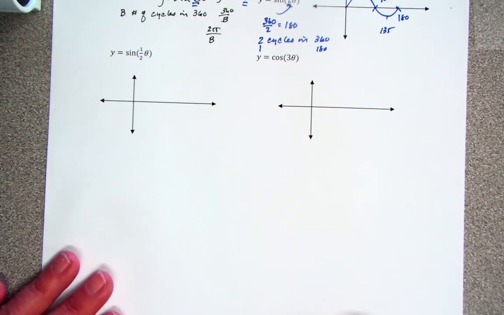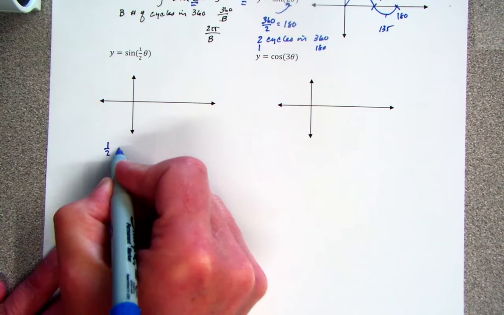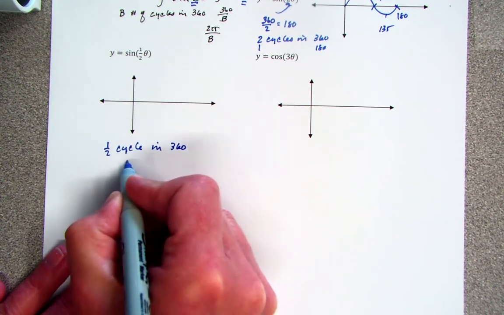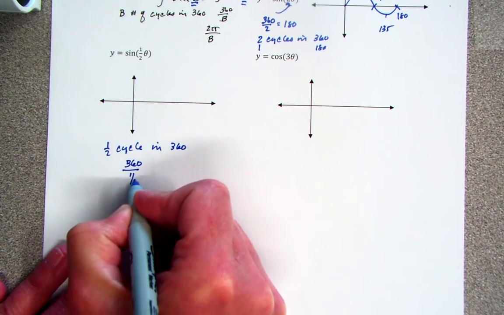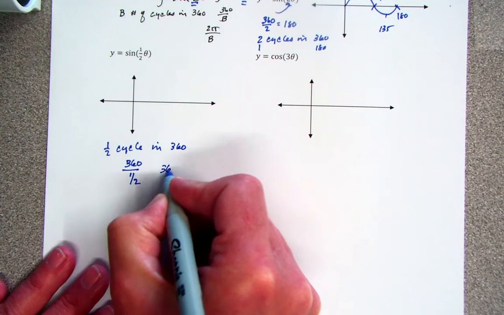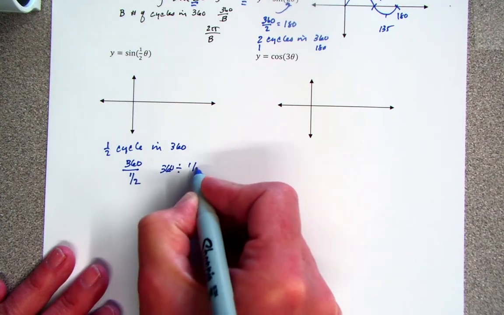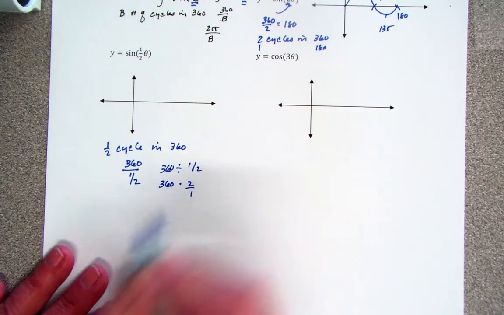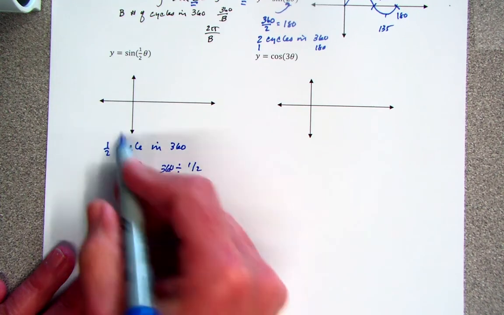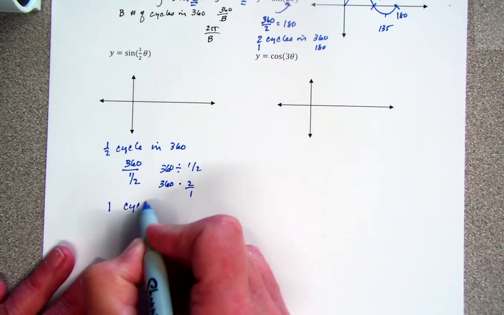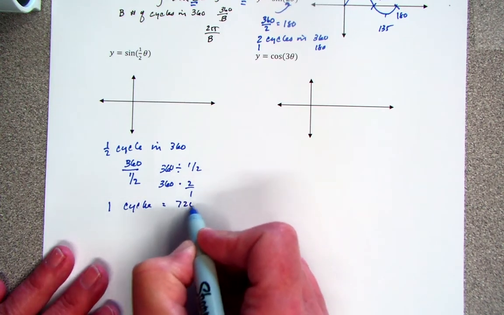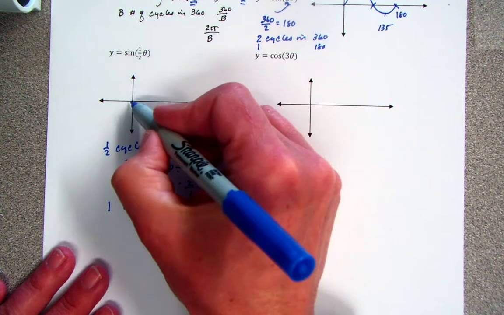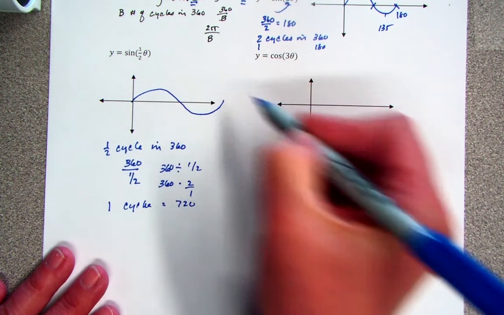So the next one, it says I'm going to have a half of a cycle in 360. So in other words, 360 divided by a half. That's 360 divided by a half. And to divide, you multiply by the reciprocal. So if I have a half of a cycle in 360, that means a whole cycle is going to happen in 720. So if I drew it to scale compared to the first one, it would be this really elongated